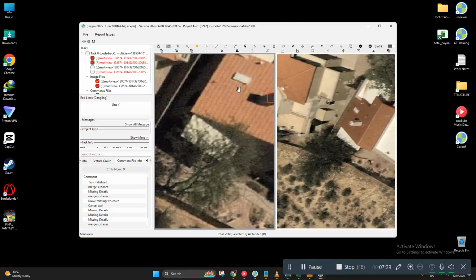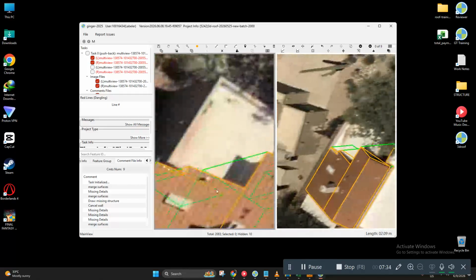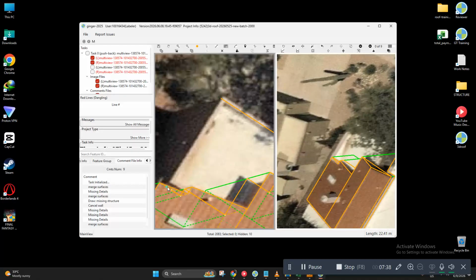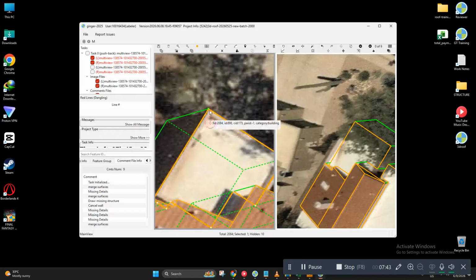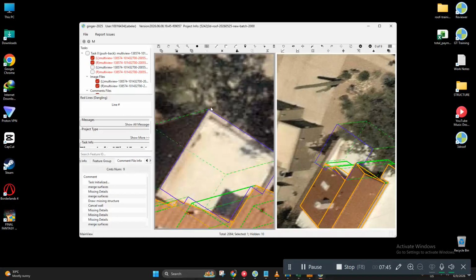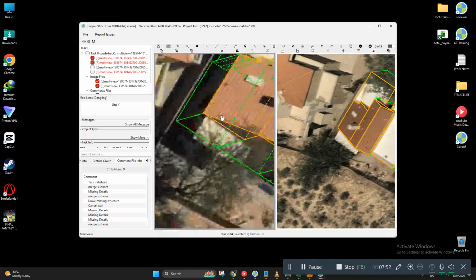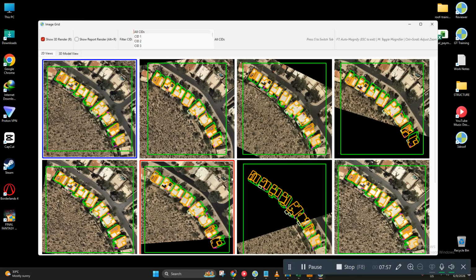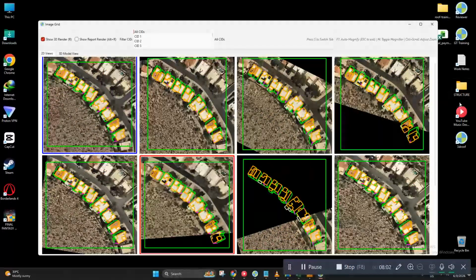So this one last, let's try. Use Alt to adjust. And this one should be an extension. But we need to check other views first if we captured it properly. We need an opposite view. So this one.